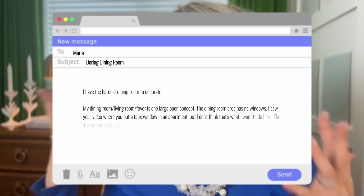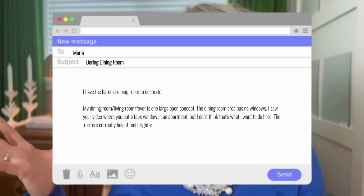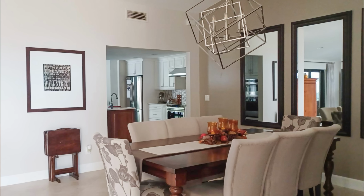Moving on to mistake number 3 from a follower who said, "I have the hardest dining room to decorate. My dining room, living room, foyer is one large open concept. The dining room has no windows. I saw your video where you put in some faux windows in an apartment, but I don't think that's what I want to do here. The mirrors currently help it feel brighter, but I'm not sure how to decorate the dining room and the adjacent